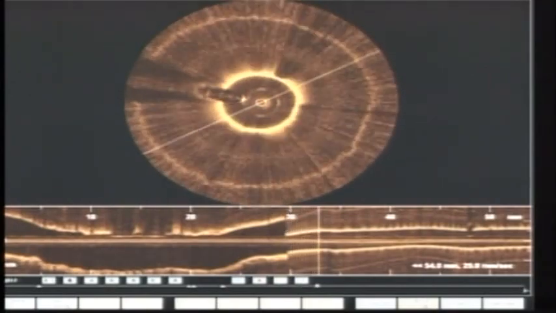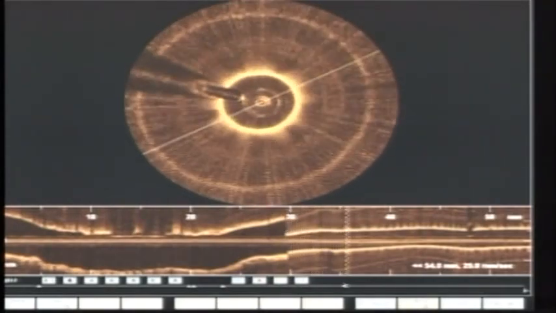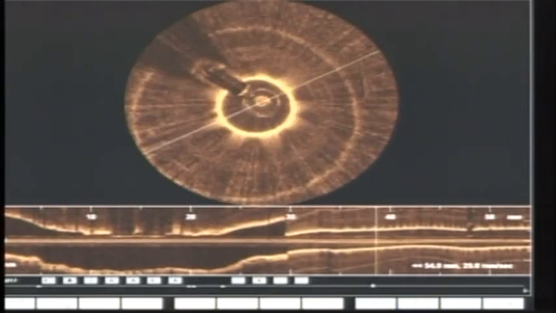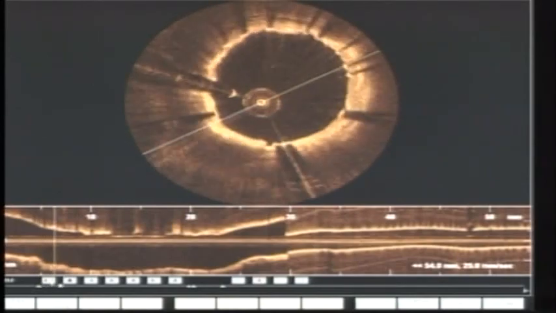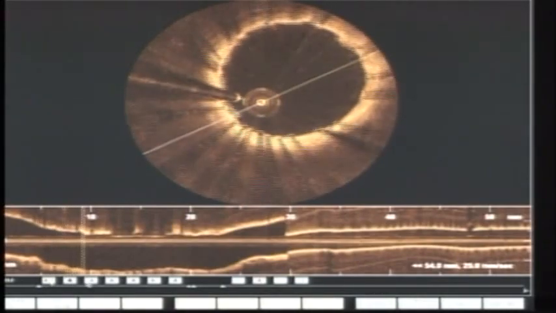Okay, so you finished the RCA. The image is beautiful. You can see the result on the angiogram. I think it's perfect. Okay. Then we